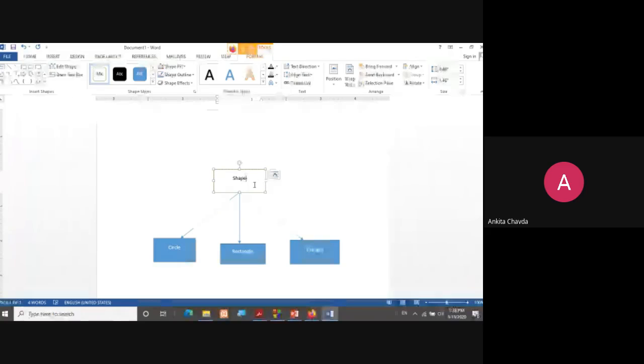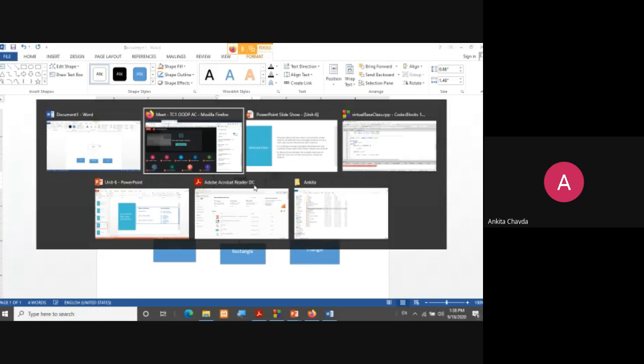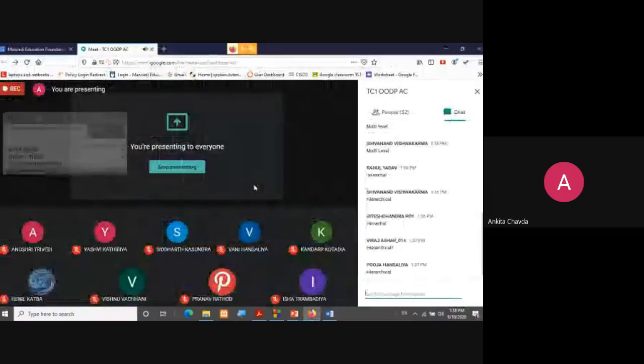What will you write in the shape, because shape is your base class? You have to write the method, that is void area. What will you write as the formula in this kind of class? Not the sides, because a circle does not have sides. So what can I write in that class? Shape, because shape will be defined. Suppose I say animal.